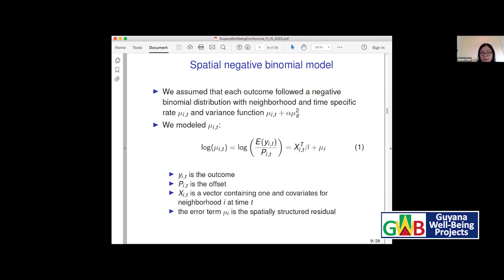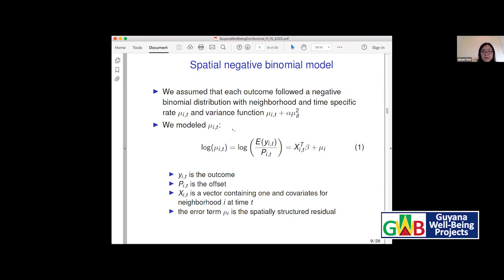So you can see if alpha is positive, we allow our variance to be larger than the mean. This alpha is called overdispersion. You might have heard about this when you fit a Poisson regression model, and people might question whether you have overdispersion. If you have overdispersion, the negative binomial model will be a better option. The alpha is called the overdispersion parameter, and it allows us to account for overdispersion.